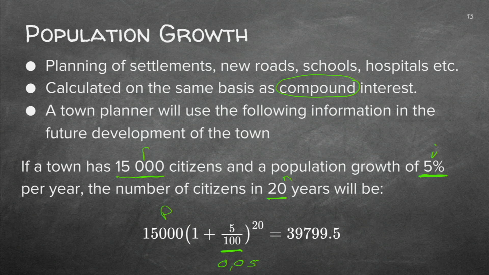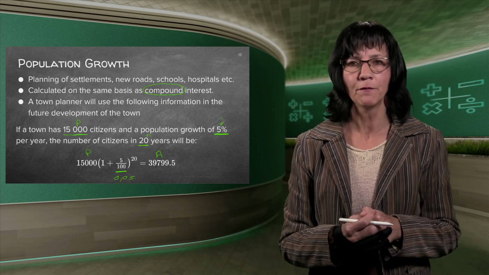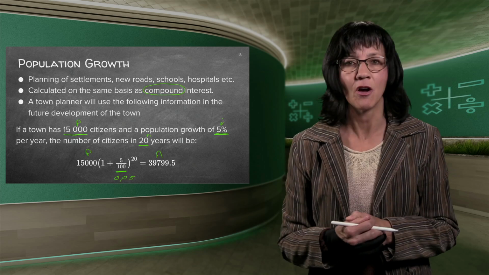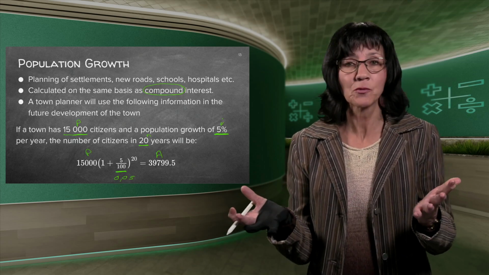This was your beginning amount. So what is this one? The end amount. So it's your normal compound formula. A is equal to P, 1 plus I to the power of N. You fill in what you have. 3 knowns, 1 unknown if you check your green stuff. And you go and get the answer with your calculator. Good. Compound interest. That's what it is.